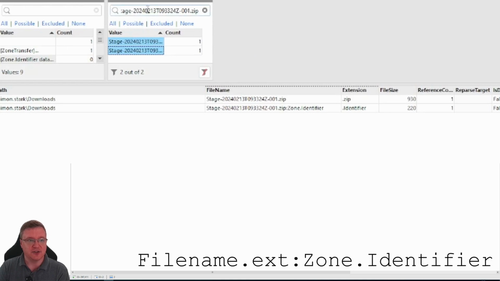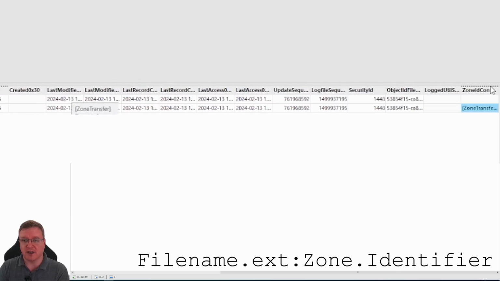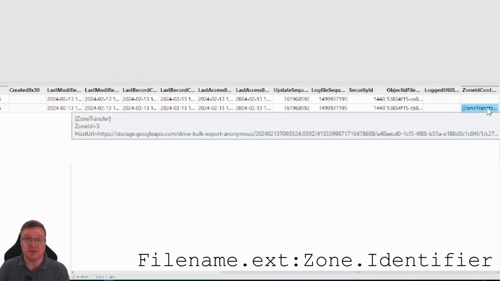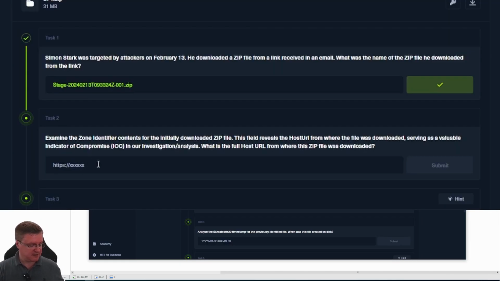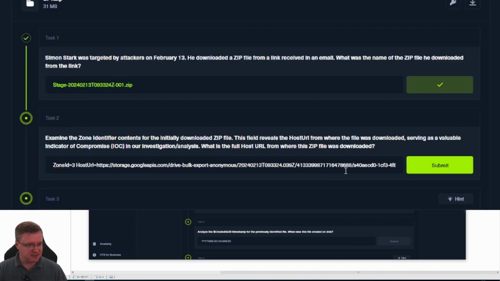As you can see, all I've done is pasted the name back in, selected both of these from the filter, and that has given us 2. And the second one has data in the zone identifier field. So we could see a URL in here. So if we copy this entire field, fix this one and paste it back in here, take out that first bit,